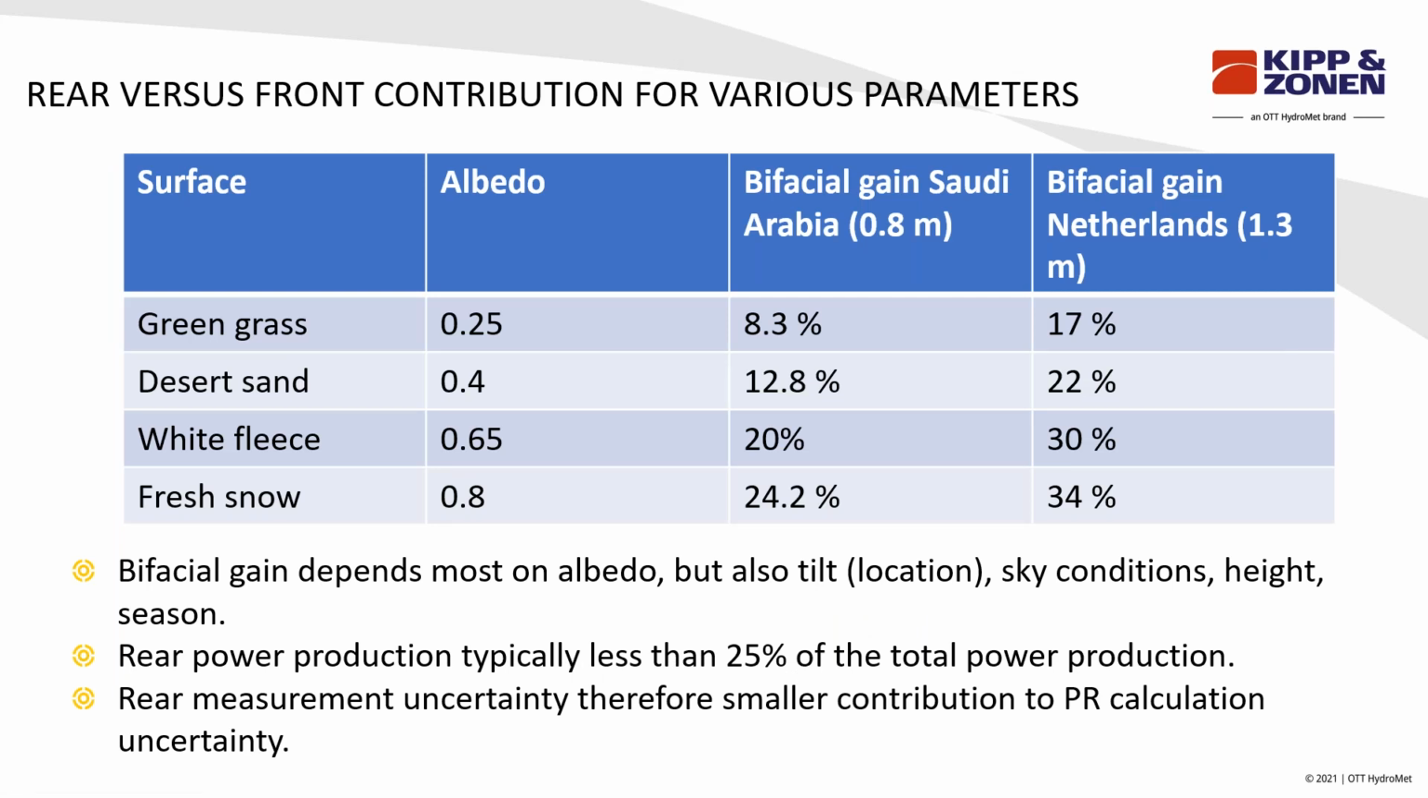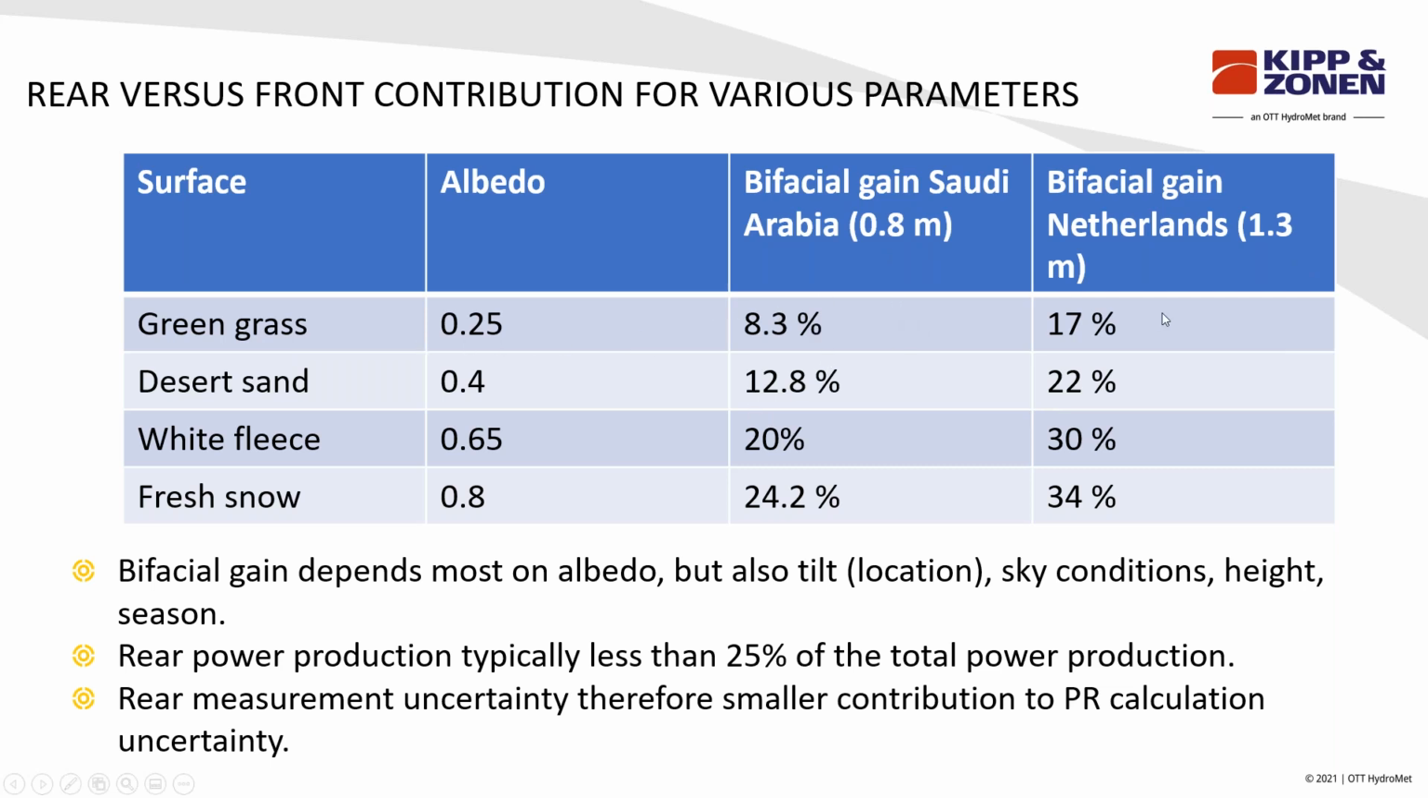Now, some more considerations we will discuss are the differences between the amount of irradiance on the front and on the rear of the module. We have done simulations for different albedos and for different locations in Saudi Arabia and the Netherlands at different mounting heights, 0.8 meters and 1.3 meters. Here you see the bifacial gains, and you see that for green grass,